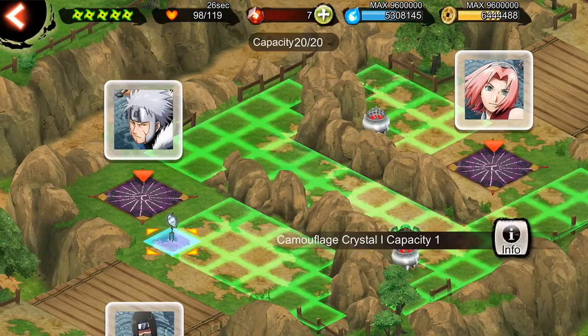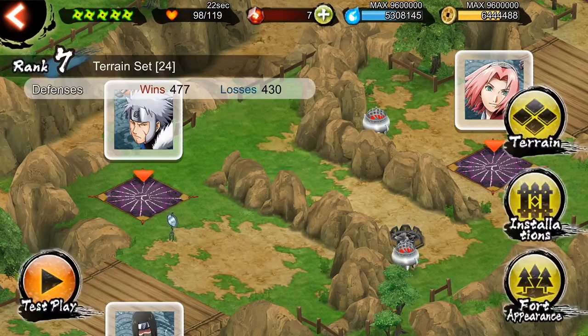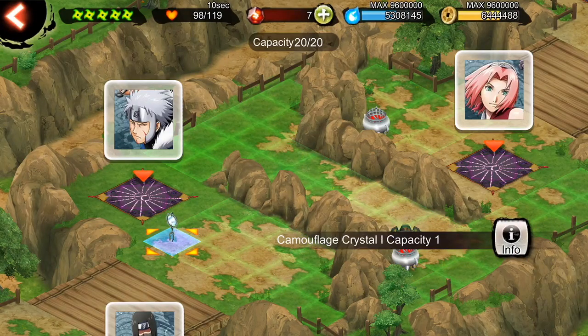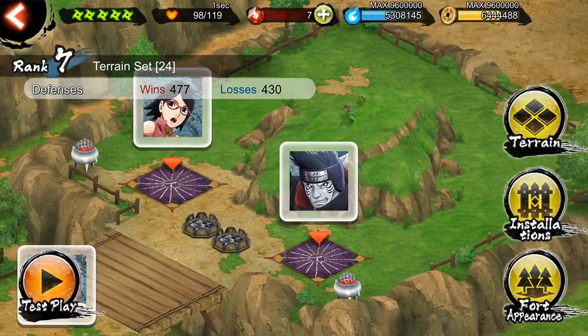We have a camouflage crystal here to help Tobirama escape from the attacks at the beginning, because if he uses flying region, the enemy will just go over against them and use his attack against them. So having the crystal camouflage saves them from some attacks because he's not visible to the main attacker right there. The second part is